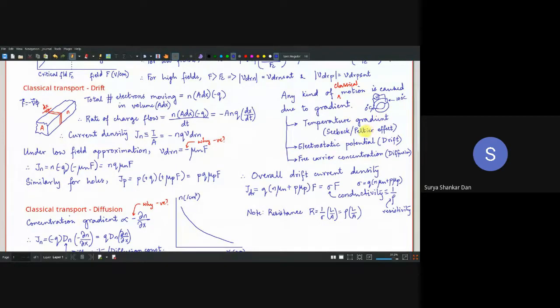What is the Peltier effect? Just the reverse. If you are passing a current through the contacts of dissimilar materials, those contacts will heat up and they will always have a temperature gradient. That is just the reverse of the Seebeck effect. That's called the Peltier effect. So that's why I always keep referring to Seebeck and Peltier effect simultaneously. Anyway, these kinds of situations will never arise inside the device or the circuit. Because in that IC which you are going to design, all the devices get heated up, all the materials inside the device will get heated up simultaneously.